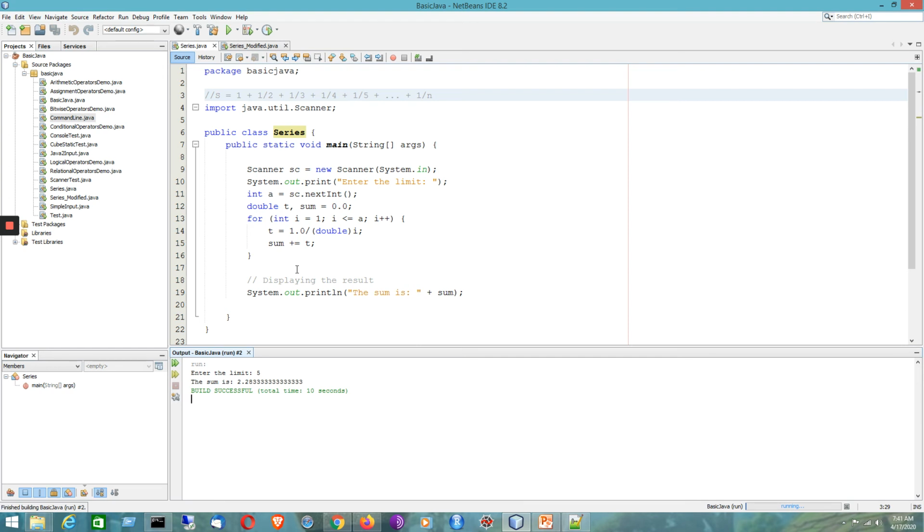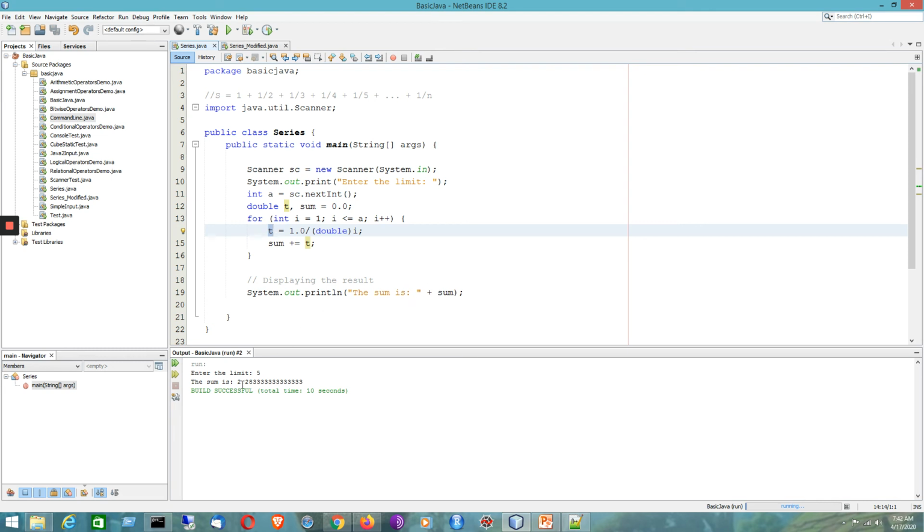Here it is basically running a loop. It is the initialization part, the condition part, the increment part. It is now getting converted into the corresponding double type, which is called type conversion, and finally it will be added with the sum. For successive addition, the variable sum has been initialized with 0.0 because it is representing double type. It is an individual term, and for each iteration of the loop it will be stored in the sum with the old value being added to it. So finally we'll be displaying the sum.